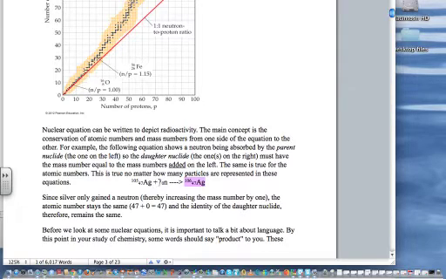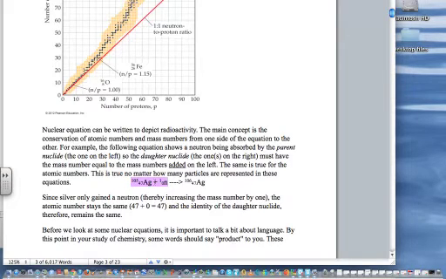This equation here shows a neutron being absorbed by the silver atom. What has to happen in these nuclear equations, and this is rather easy, is that as with everything else in chemistry, mass is conserved. So mass number, as you go across the equation, has to add up. 105 plus 1,